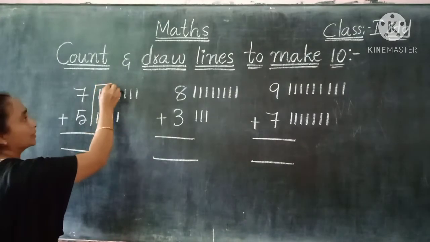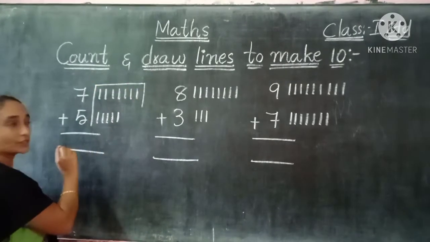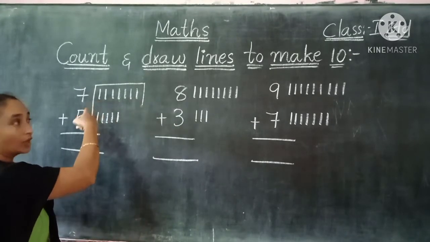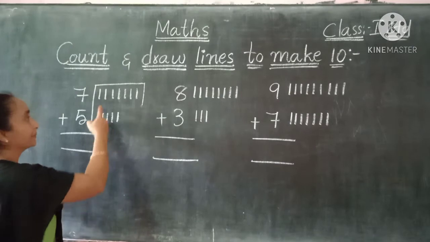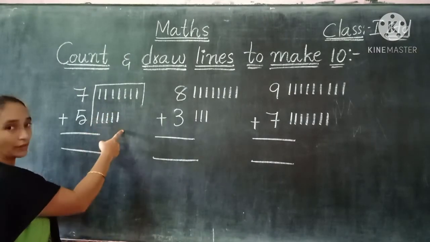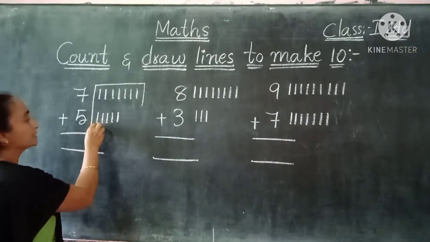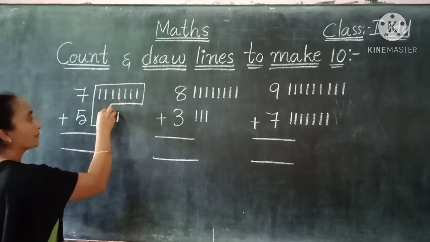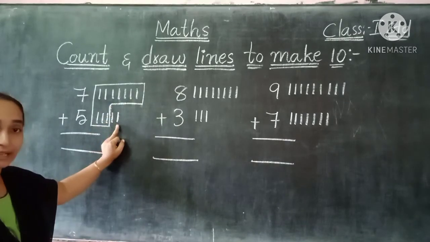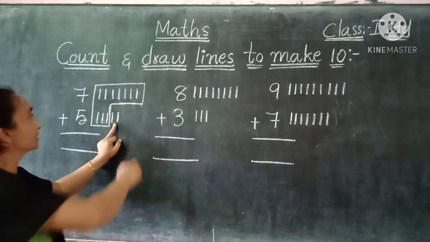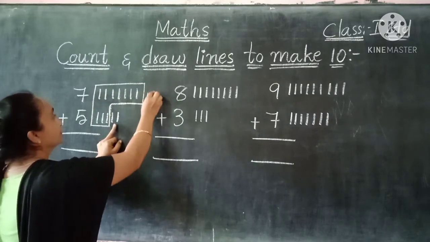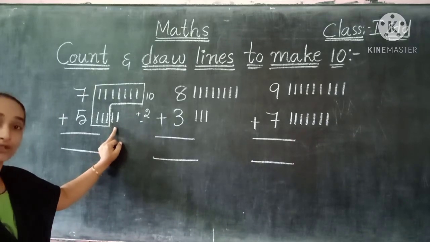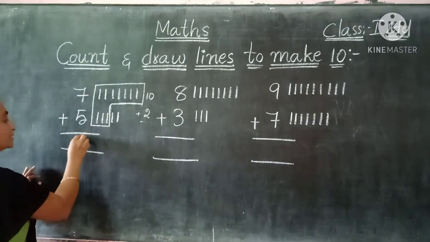Here we can see, children, we can form a box like this. Okay children, up to here only, here we should not do. These are already 7. Now 3 more, we want to make it 10. 7, and here is the 5 already. So 8, 9, 10. That means here we can draw a line like this. Now how many lines are remaining here, children? The 2 are there. So here these are the 10, and here are the 2. So 10 plus 2, children, how much? 12. 10 plus 2 makes 12.